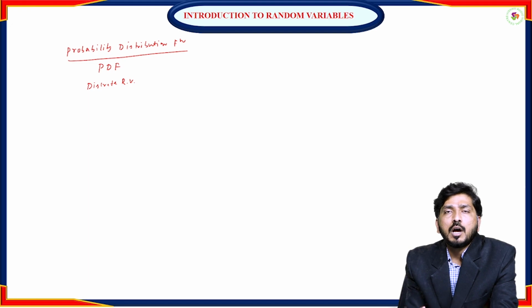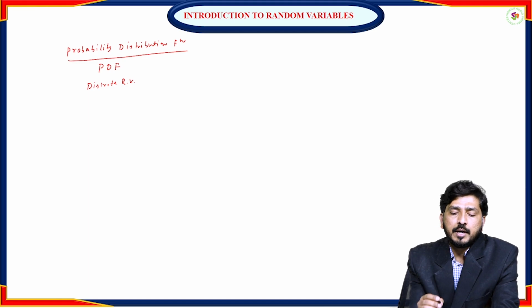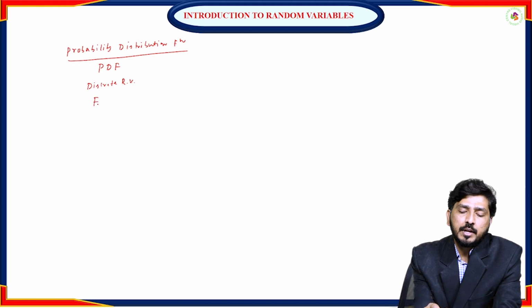It gives how the discrete random variable is distributed on a real axis, which can be visualized using the probability distribution function. It is denoted by capital F_X of x,